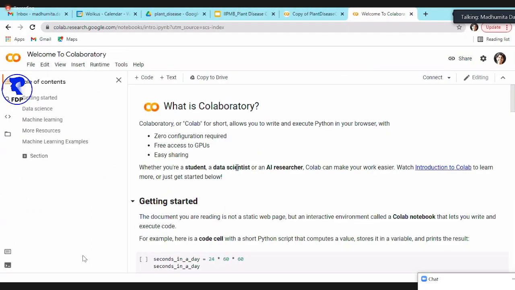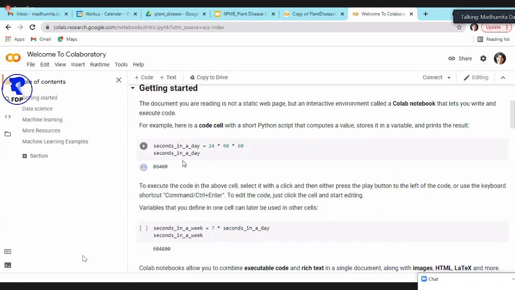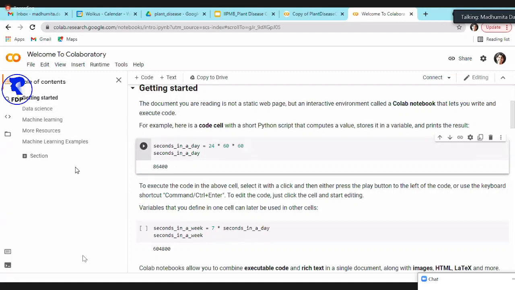So this is the Google Colab. I hope everyone is able to see. If you see, they have some sample codes. These are the cells where you can write your code. You click run. For example, here it is calculating the number of seconds in a day. Sorry, I'm not connected to any session. Let's do that.